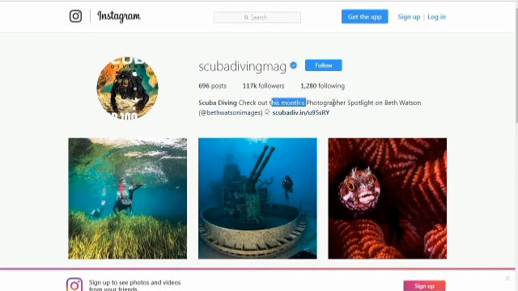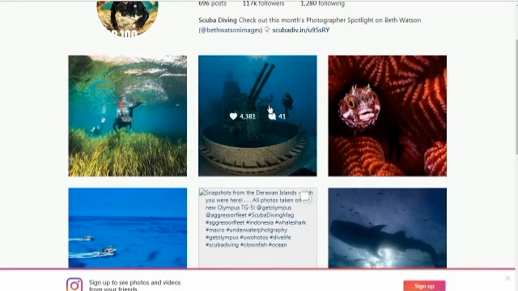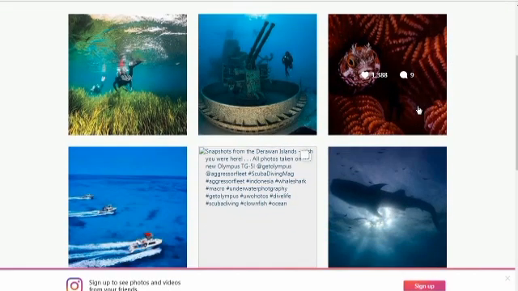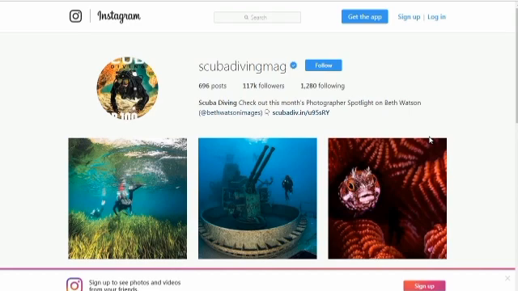Now, she's more into photography, so she's probably going to attract people who are into photography, so it's not really going to be scuba diving equipment, but rather people are probably going to want to know, hey, what camera are you using? What equipment are you using? What scuba diving equipment are you using? And all that for the purposes of photography. So you see how in this example, it may not necessarily be that she's selling scuba diving equipment, but rather that she's attracting a specific type of mindset. So you have to get an idea of who you are attracting. So in this case, scuba divers who love photography.